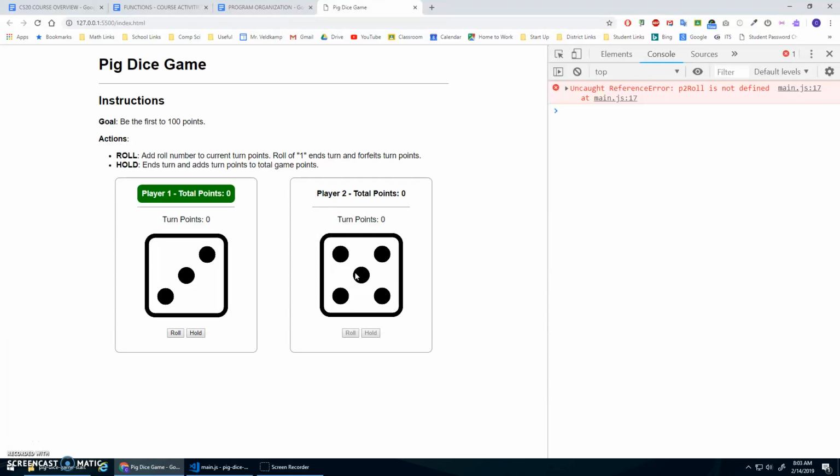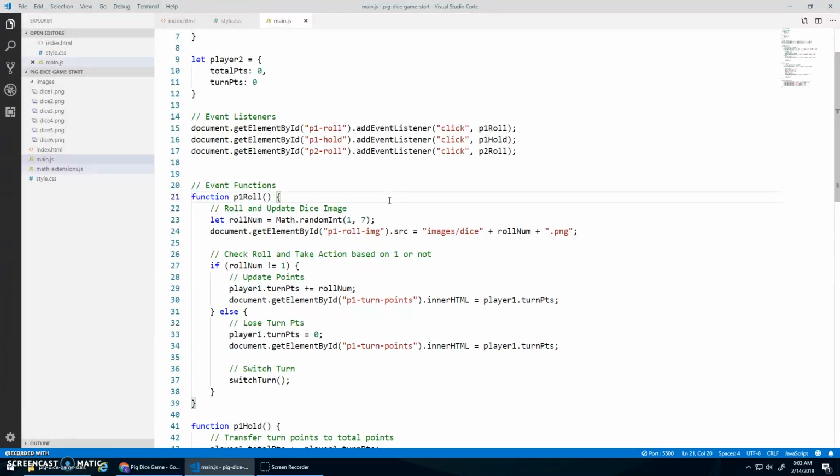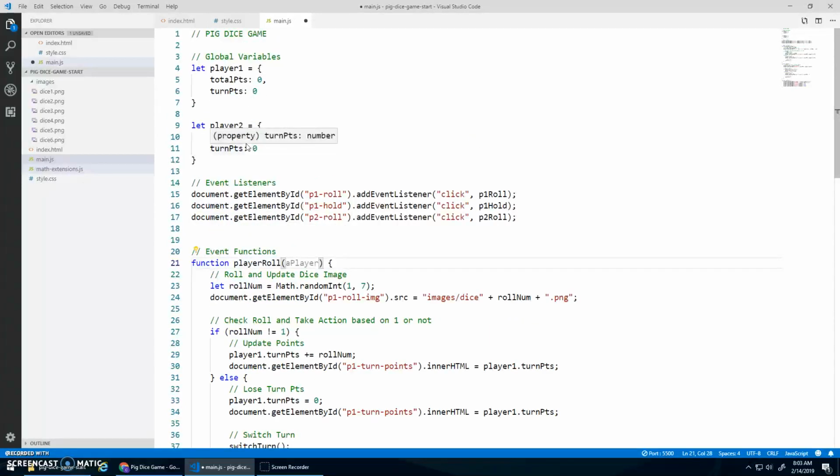Okay, we were going to get the player 2 turn to work, and we were going to use functions to make this easier by reusing the code here. So we're going to rename this not to P1 role, but player role, and we're going to pass in a player. So I can pass in either player 1 or player 2. In order to do that, I'm going to need to use a function expression here,